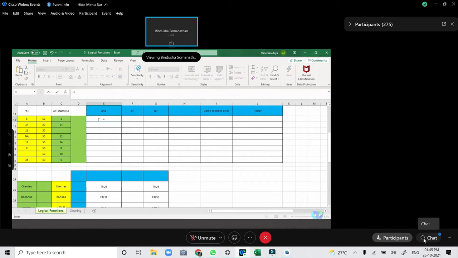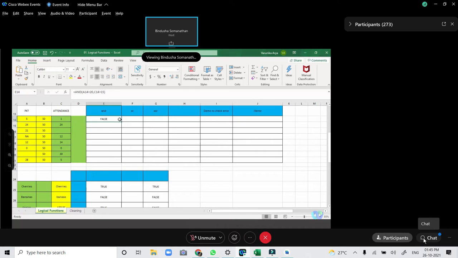You use AND and then in parenthesis, you give your different logical tests. The first condition you want to check is the PKT scores, which should be greater than 20. That's your one condition. The other condition you want is the attendance, it has to be greater than 15. And you close the parenthesis and you hit enter.